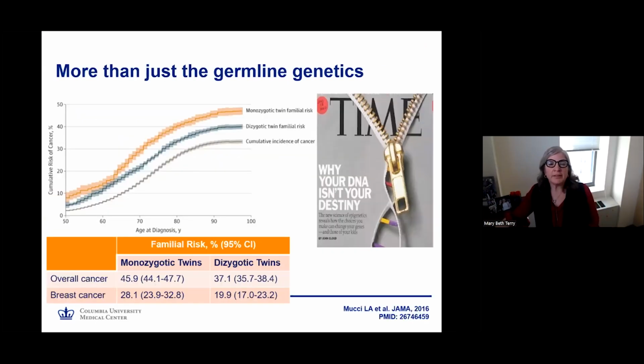So I'd like to then discuss this concept of life course and why windows of susceptibility is important. So twin studies have provided even more evidence that DNA is not your destiny and what happens across life matters. The largest twin study, using data from approximately 200,000 twin sets, supports that risk is much more than the genes. And you can see here that even if your identical twin was diagnosed with breast cancer, you have less than a 30% cumulative lifetime risk that you will have breast cancer. Thus, the much more likely scenario is at 70% is that this identical twin will not get breast cancer.